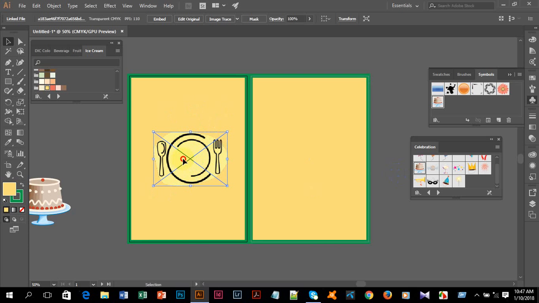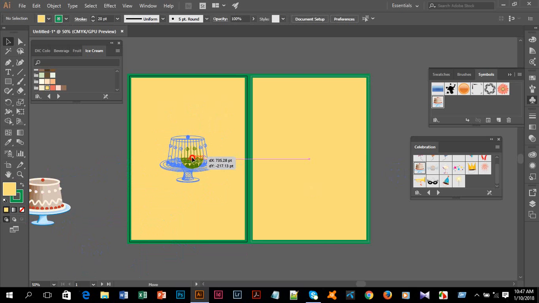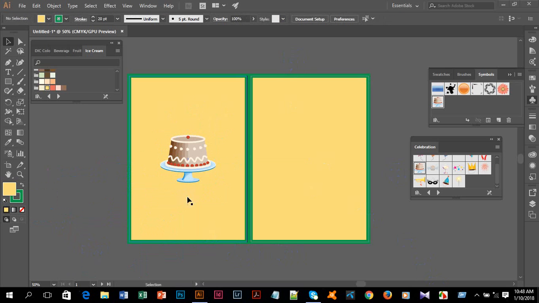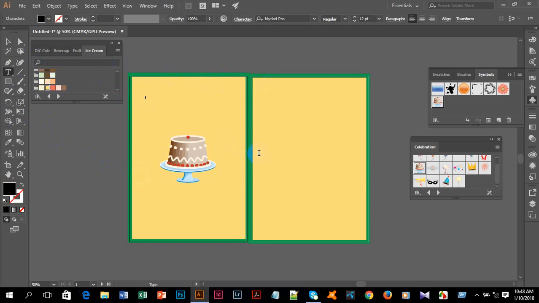So first, I am taking this food image from the window. After that, press Ctrl A and Ctrl 2, and it will be locked. After that, take the text tool, left click here and write down a restaurant name, and then press Ctrl A, and you can increase the font size, and also change the font style.